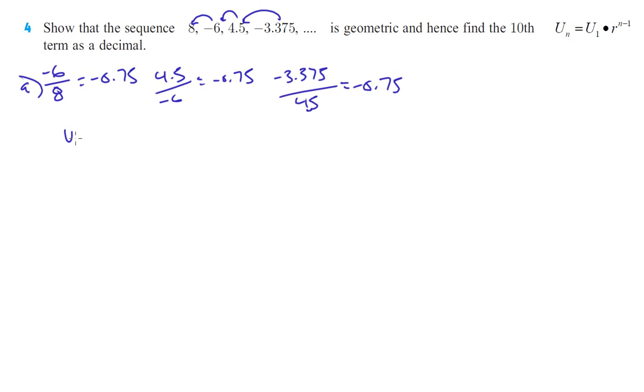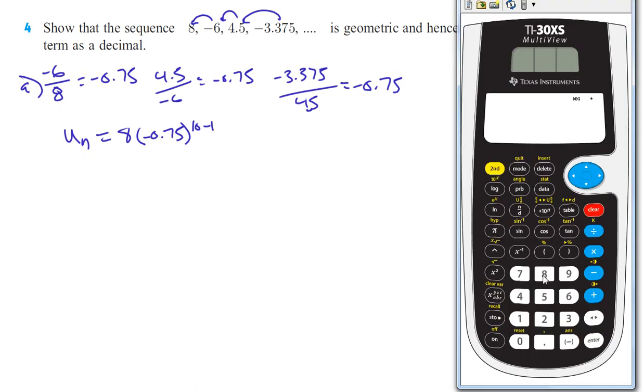All right. So we've got u sub n equals u sub 1, which is the first term, which is 8. And then our rate is negative 0.75. And we're looking for the 10th term, so that's to the 10 minus 1. On our calculator, we're just going to do 8 times negative 0.75, and then we take that to the 10 minus 1 is 9 to the 9th power, and that gives us negative